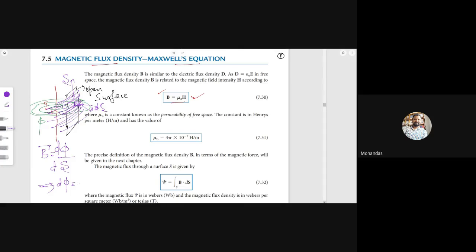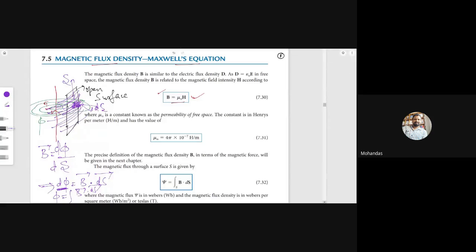What is the d phi here? Component can be calculated by using the dot product, B dot ds. This is only a differential magnetic flux which is crossing through the differential area. If I take a small area here, only differential flux lines are passing. If I want to calculate the total flux phi, then what should I do here? Please respond. I have to do the integration of both. Then I will get integral B dot ds.